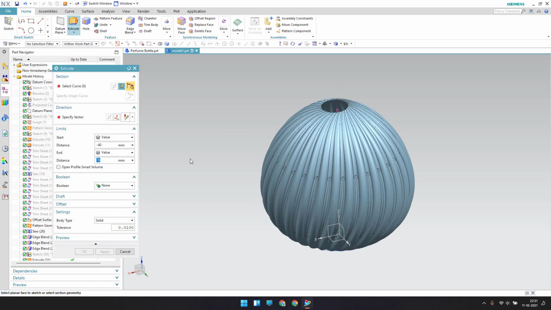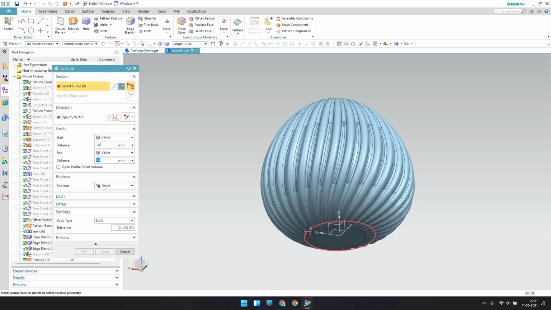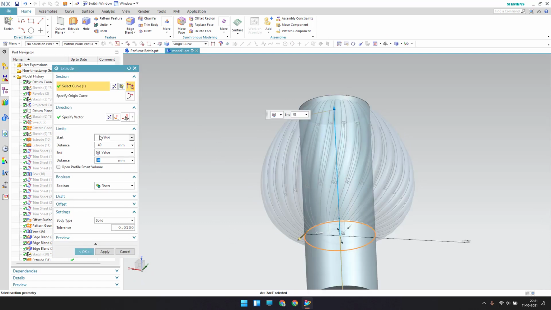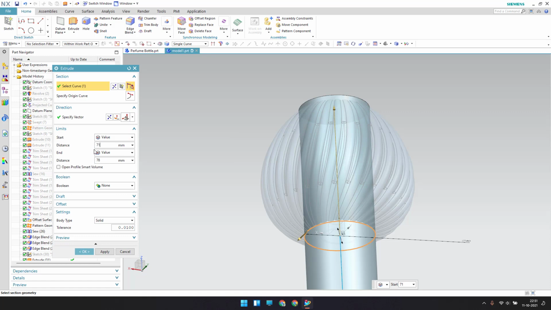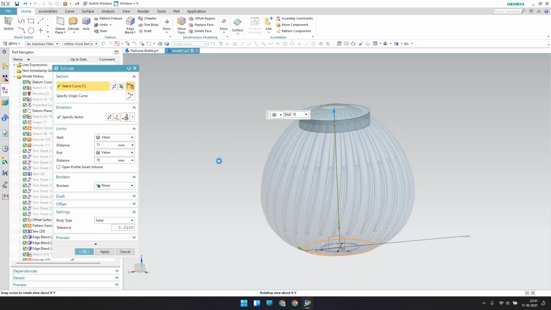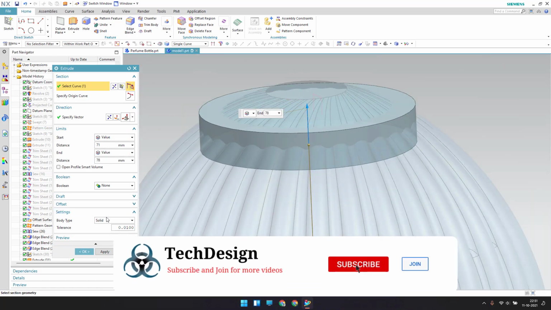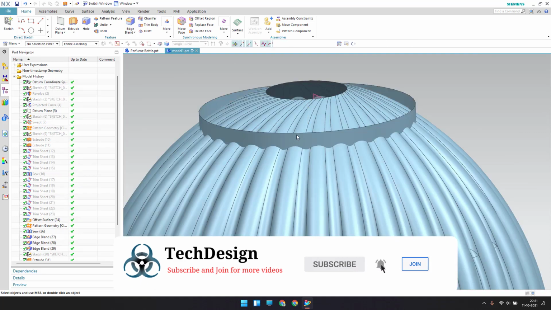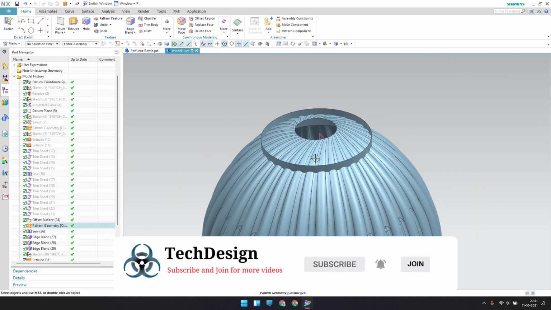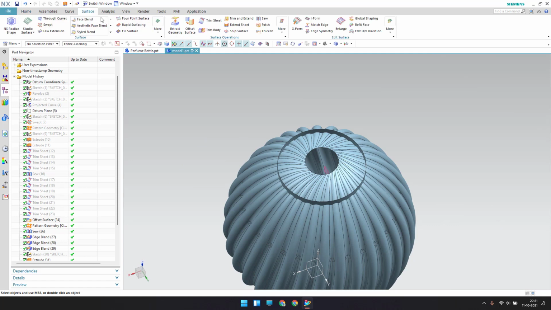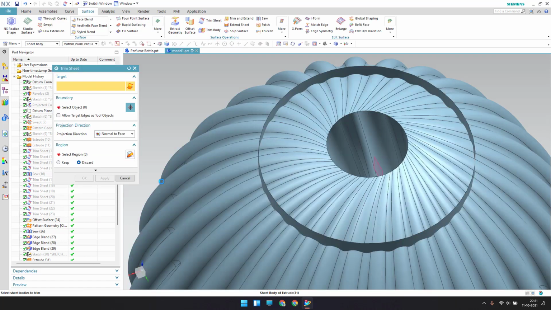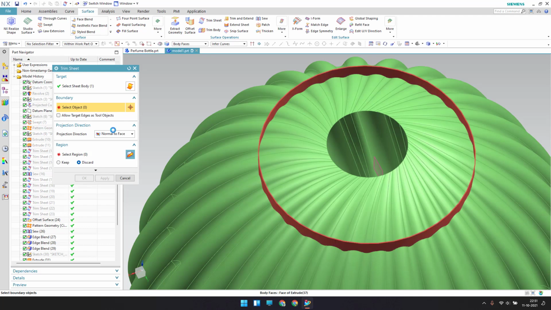So now I will go to extrude, and I'll extrude this 40 mm diameter, and it should start from 71 to 78. So it will come here like this. We'll just keep it as a sheet and click OK. So now I'm going to trim this top side portion. Let me go to surface and trim sheet. I'm going to trim this by using this, and it should be discarded, and click OK.